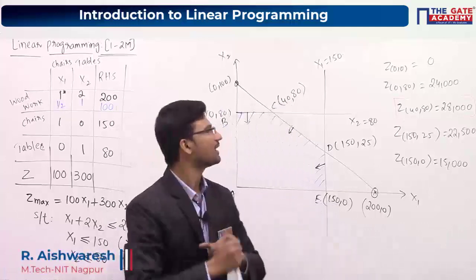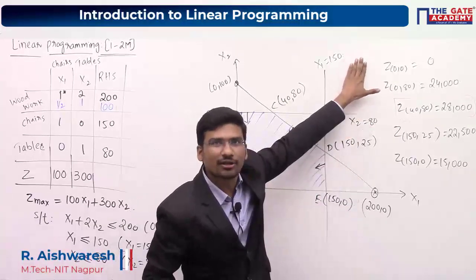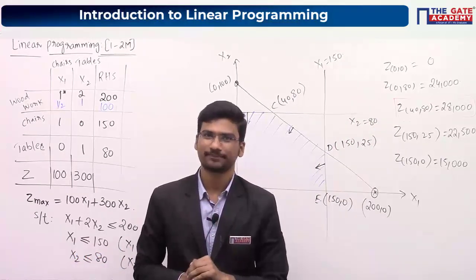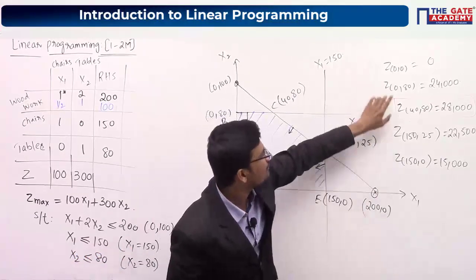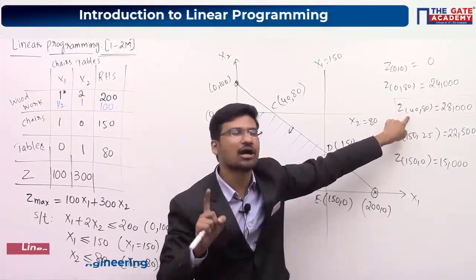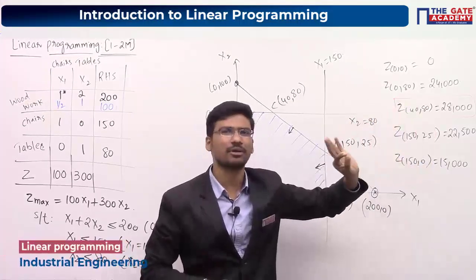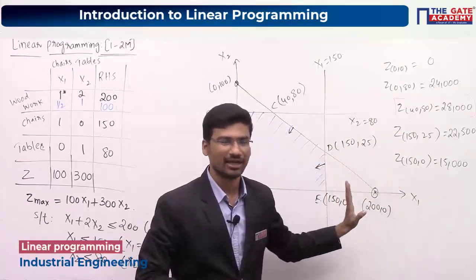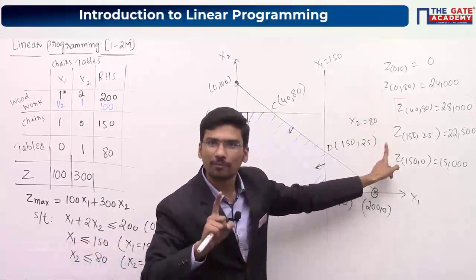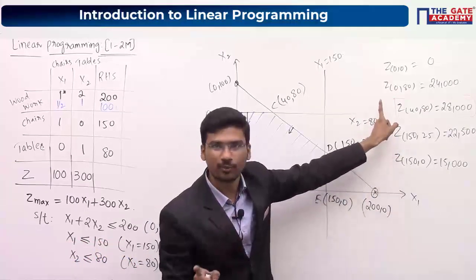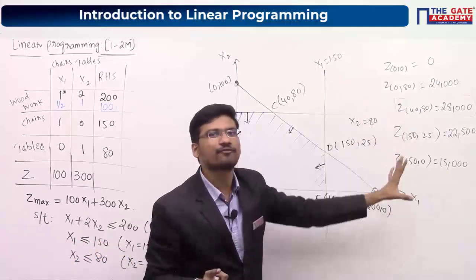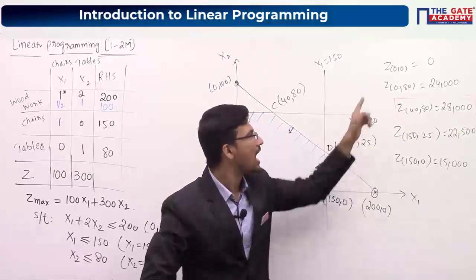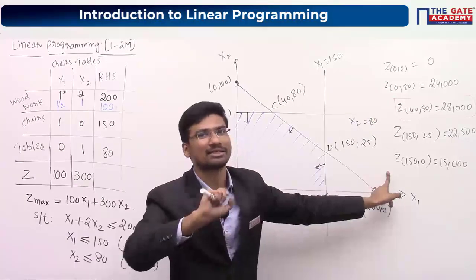Fine. Okay. Here, among these corner points, you are getting the optimal solution at only one corner point. Yes or no? That means at only this one corner point you are getting the optimal solution. It may be a maximum value, it may be a minimum value, that doesn't matter. But for this particular question, it is a maximum value. So we call these types of solutions a unique optimal solution. That means at only one corner point you are getting the maximum value.